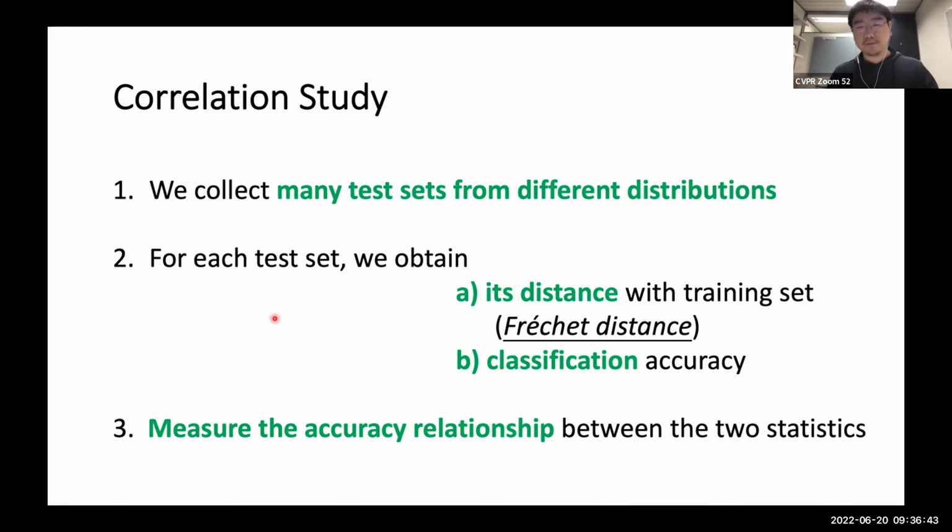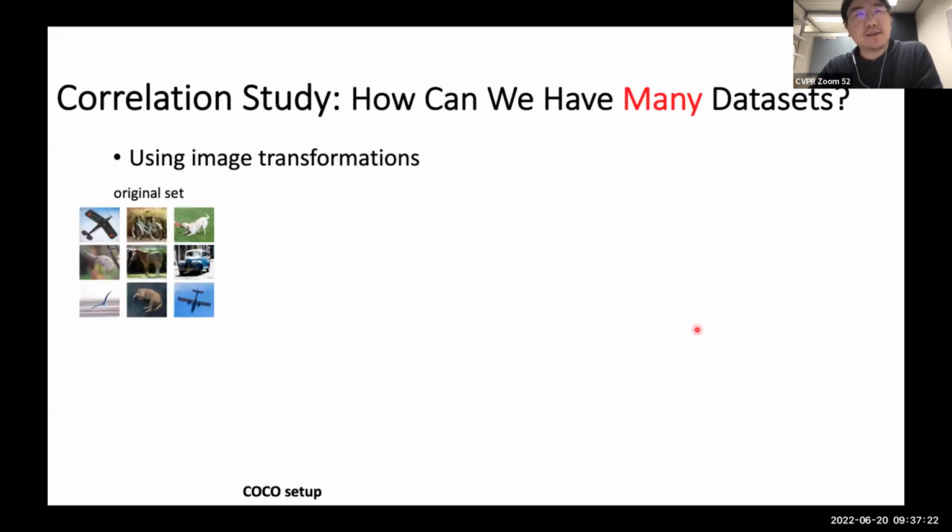So this is the three things that we want to do. In answering the question raised just now, for this correlation study, we use a very simple feature distance, which characterizes the distribution difference between two data sets. This distance basically gives you a scalar, so that this number will indicate how different your two data sets are.